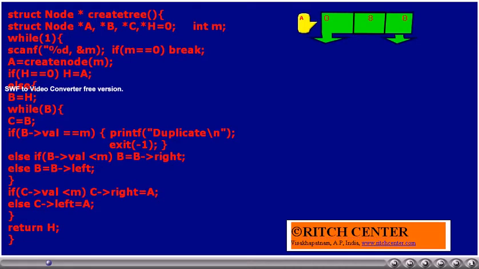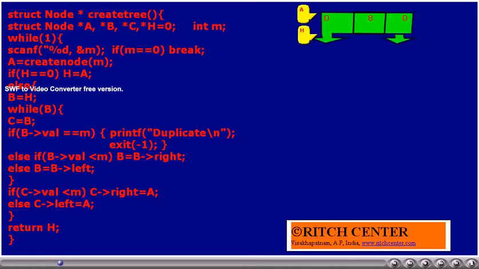Let us assume that the first time the user has entered 8, that is, it is read into the variable m. As m is not 0, the statement a is equal to create node is executed such that a node in the tree is created, and a becomes the pointer for the same.